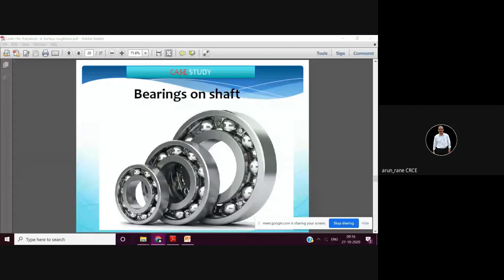So in such cases, what we do, we fix up an intermediate part which is called the bearings, and there can be different types of bearings used: ball bearing, roller bearing, needle bearings, taper roller bearings, thrust bearings, which are put in between housing and shaft. Accordingly, you have to of course increase the size of the housing, because if you are directly fitting the shaft inside, the housing can be shorter, but if you want to put a bearing, then obviously the size of the housing will increase.